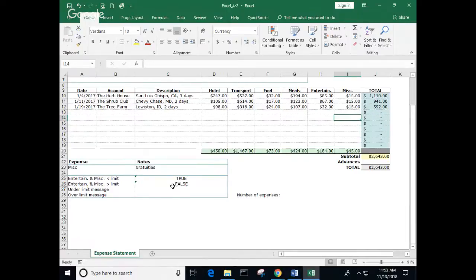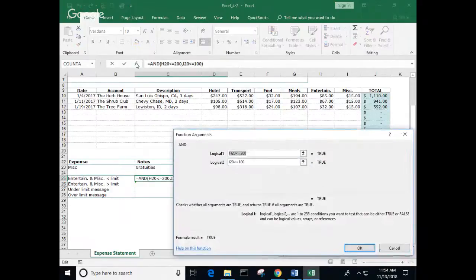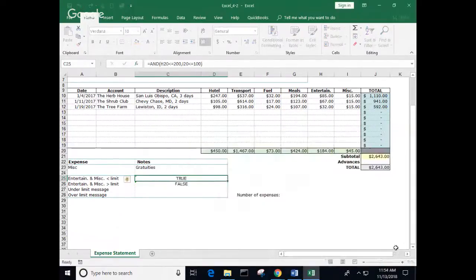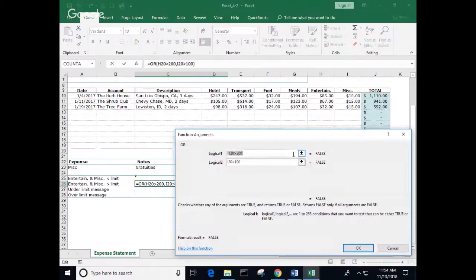Now, C26, they want us to look at that one too. Review the formula, which uses the OR formula, which is similar to that AND thing, except with the OR formula, if one or the other is true, then it'll be true. That first one with the AND formula, both of those things had to be true for it to be true. So I guess that's like the basic difference between those two. All your arguments have to be true for an AND. One of the arguments has to be true